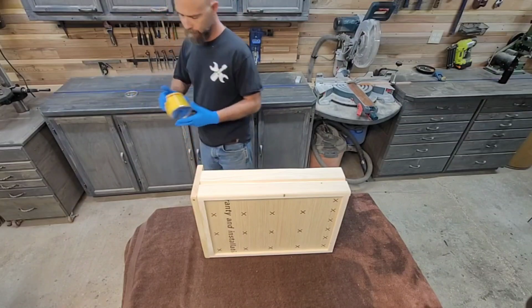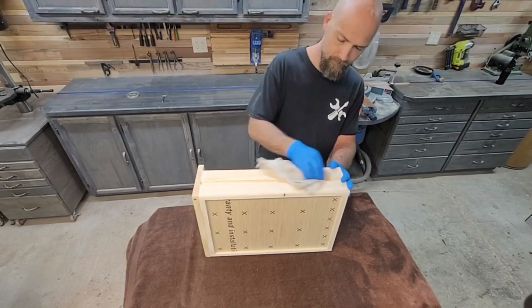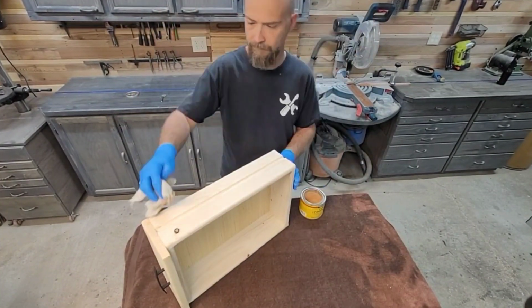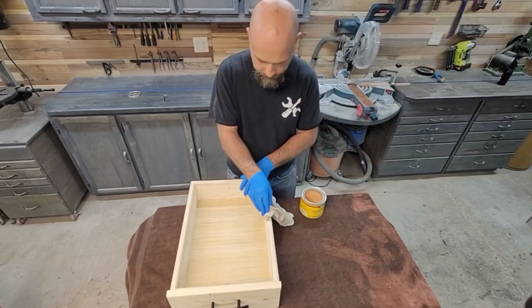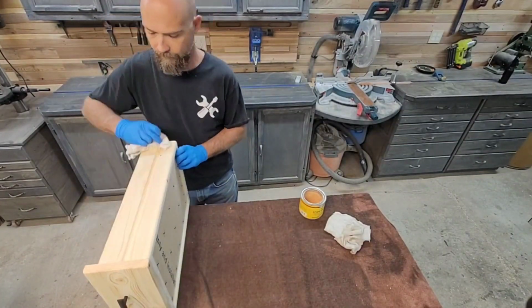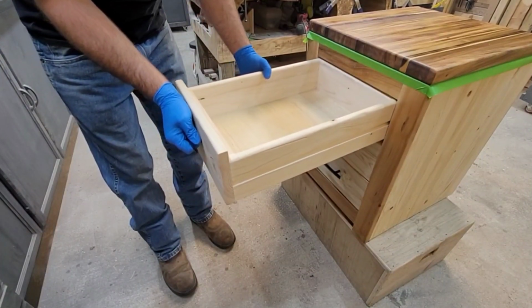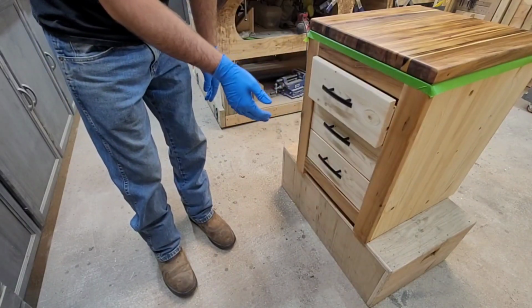Then, I went ahead and decided it's a good time to wax these drawers. I'm using Minwax finishing paste wax to perform this. If all you've ever used is the Johnson's paste wax, well, must have been nice for that short period of time because they don't sell that no more. But the Minwax is all I have ever used, and I have never had any problems with it. It seems to work just fine. Everything slides pretty good with that Minwax on there. Check this out. Find the hole. There you go. That's slick